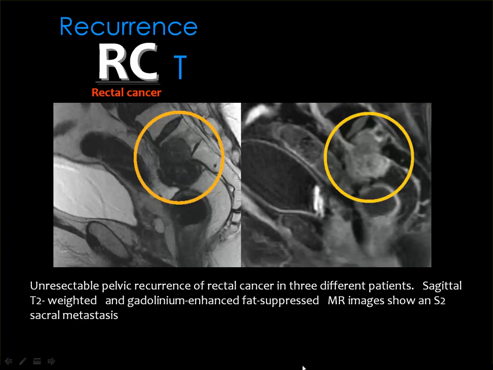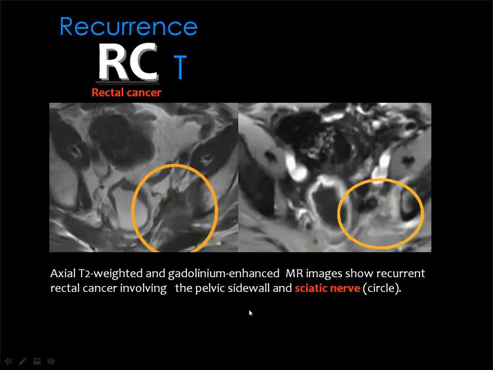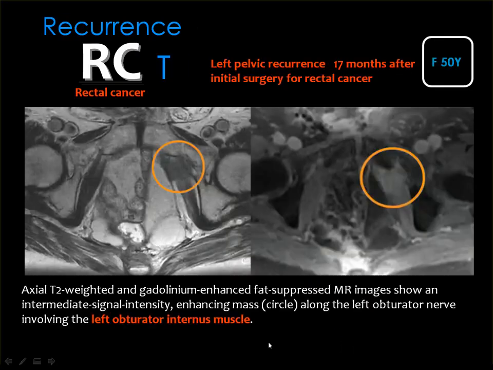Actually, the recurrences outside the anastomotic site are easily diagnosed, like involvement of the sacrum by a metastatic deposit, involvement of the external iliac vessel by a tumor mass, and the involvement of the sciatic nerve by a lesion which is of intermediate signal in the T2 weighted image and enhances significantly after contrast, and involvement of the obturator internus muscle,